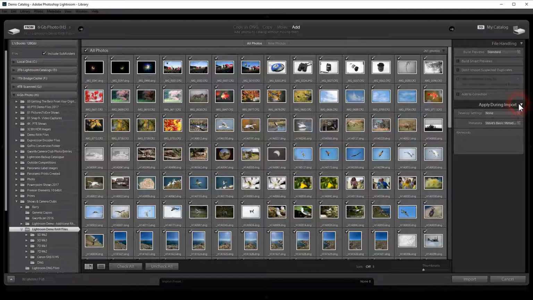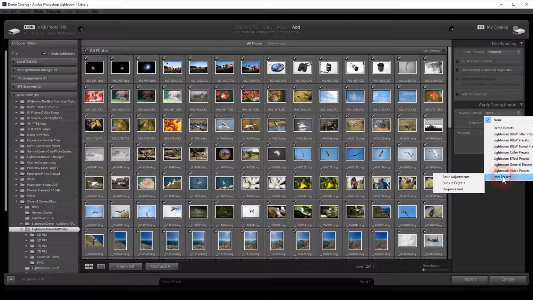Now apply during import. These are development settings. If I was bringing them in from a card reader, I'd probably want to apply a development setting to them, and there's some presets here from Lightroom that are already on there, but there's some user presets as well, and I've just gone and created a preset for basic adjustments. So if it was just normal photographs coming into Lightroom, I'd select basic adjustments from a memory card, from a camera. But because these images have already been processed